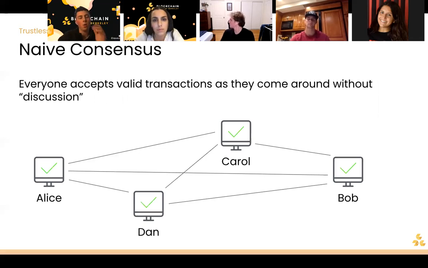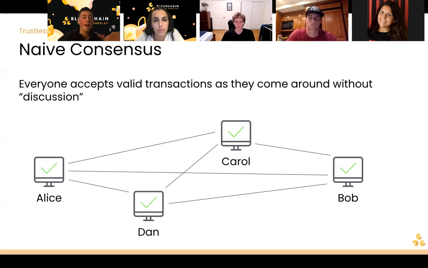And so we can start with one initial idea, which is the idea of naive consensus. The names that I'll go through with consensus aren't really official names, but they're just ways to understand different forms of consensus and hone in on why we choose the method that we do use. So we have naive consensus.